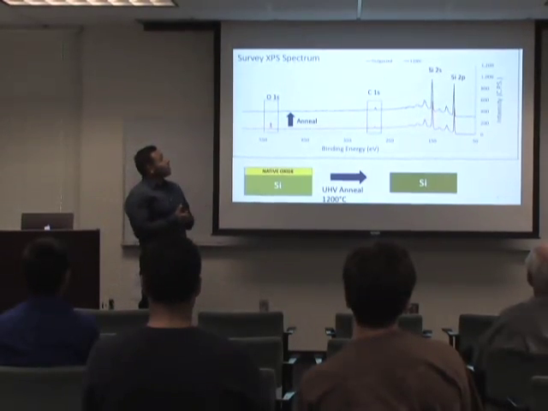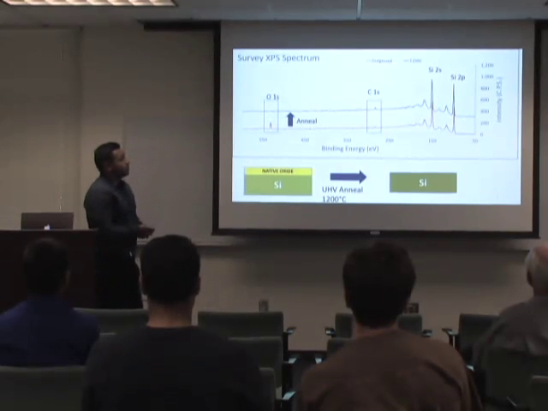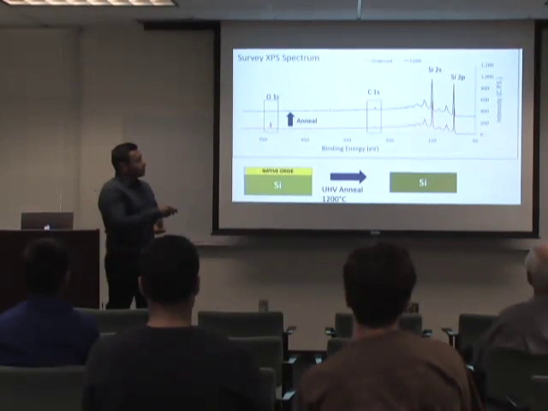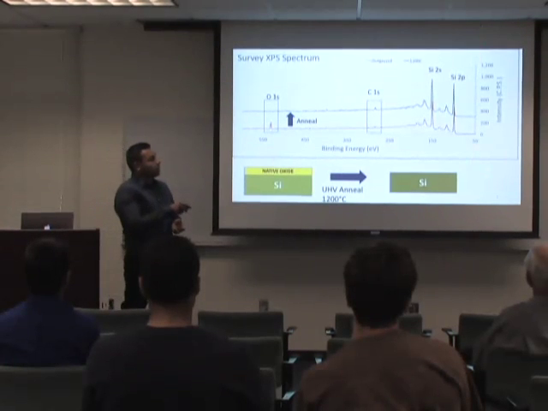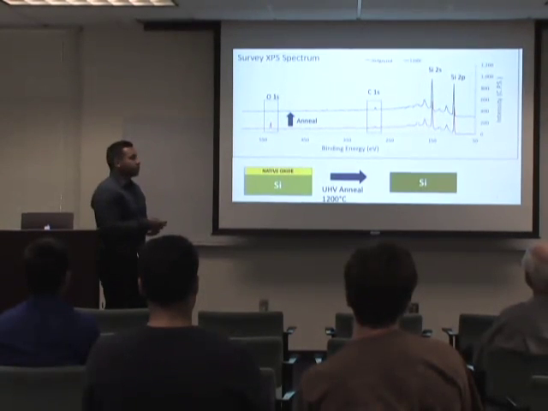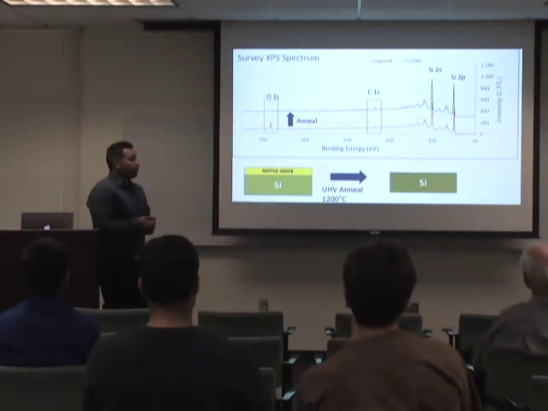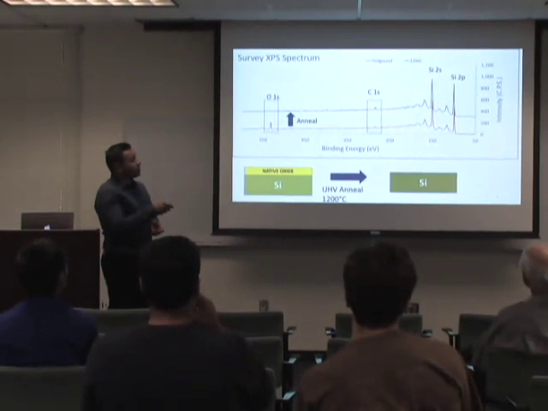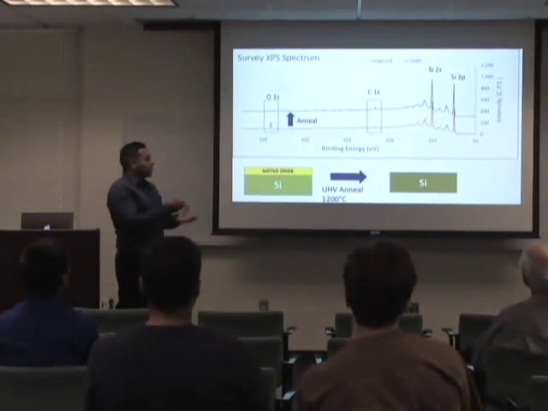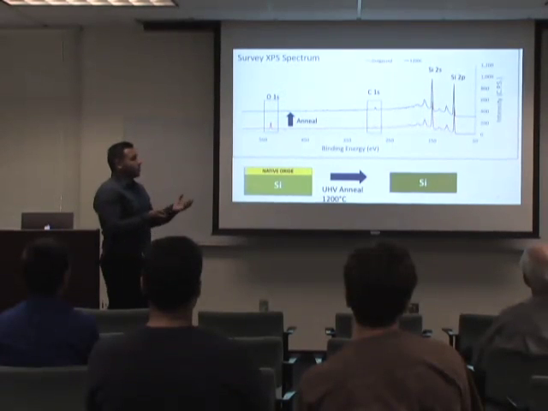So the XPS spectrum looks like this. This is a graph with binding energy on the X axis and the intensity, counts per second, on the Y axis. Counts per second tells us how much of the sample is on the substrate. In this case, we're going to have silicon. We know that because it's a silicon wafer, but we have the carbon and the oxygen, which are our impurities